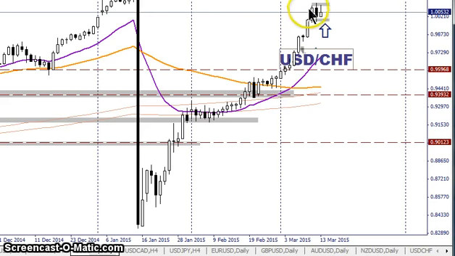You can see price has gone up pretty high. It hasn't yet tested the previous high here back in early January 2015 of this year, but I expect price eventually will come back again to test the previous high somewhere around